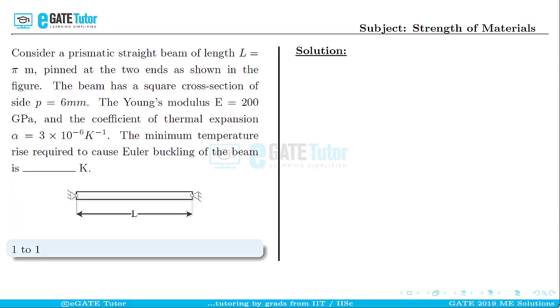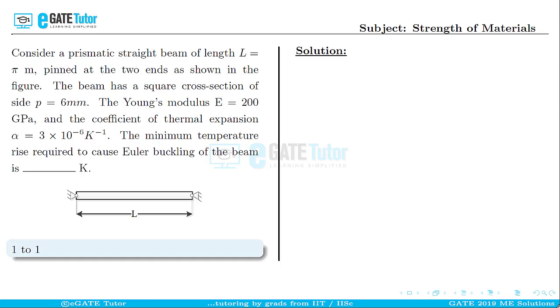This question is from Strength of Materials for 2 marks. Consider a prismatic straight beam of length L equal to pi meters pinned at the two ends as shown in the figure. The beam has a square cross section of side P equal to 6 mm. The Young's modulus E is 200 gigapascals and the coefficient of thermal expansion alpha is equal to 3 into 10